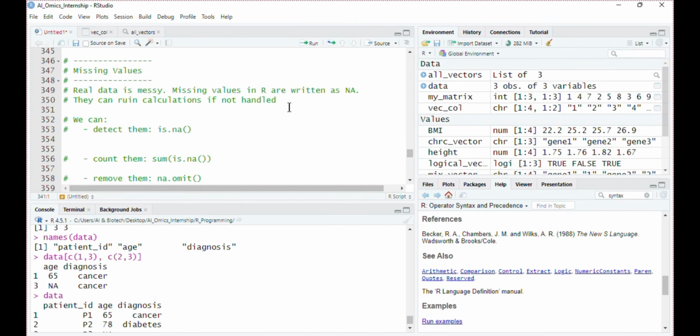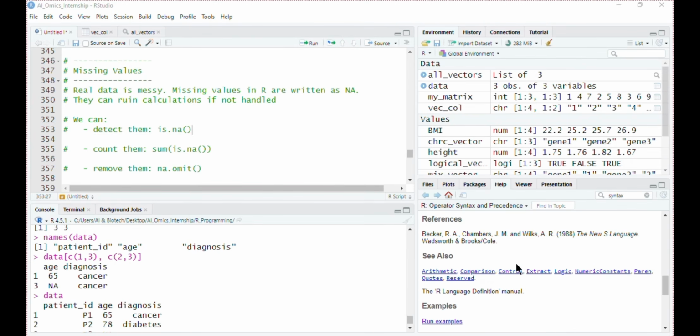So in R, these missing values are represented as NA. If we don't handle them properly, they can ruin our calculation. So let's look at how R deals with missing values.